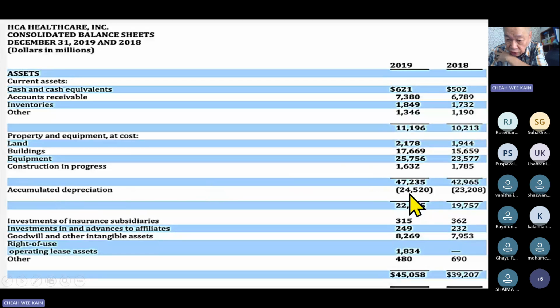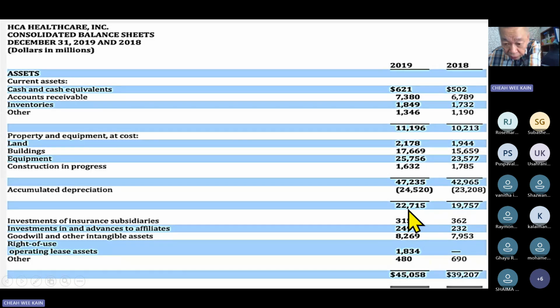Depreciation, I'll talk about it later. This is basically reserve money to replace this fixed asset here. So this is the current asset total. This is a fixed asset total. So this is the depreciation, keeping money so that you can have enough money to replace these assets because they get wear and tear, like for example, building or equipment or land. It may be not freehold, leasehold, 99 years, so you need to depreciate. So this is a total.